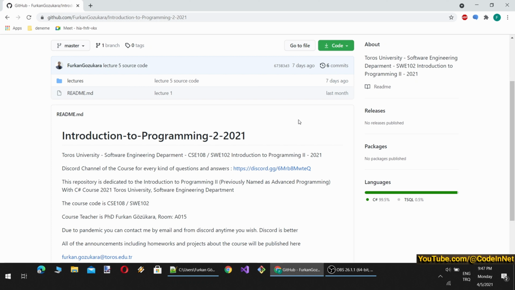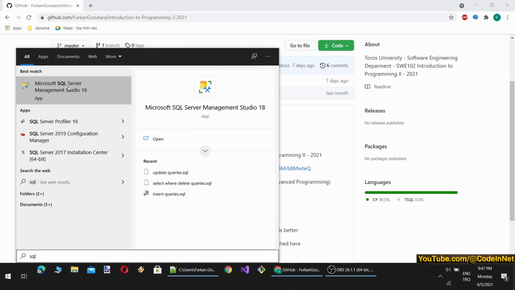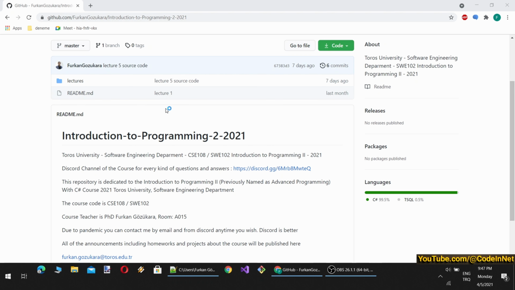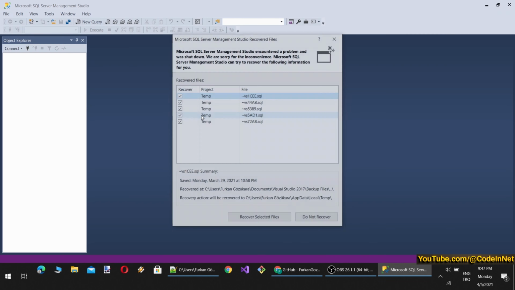So today we are going to compose a new project which will be about a patient management system, and we will use all of the skills that we have gained during this year in this project. Okay, I'm going to start composing our database first. In this project, it will be a simple one. We will have patients, doctors, prescriptions, and diseases.